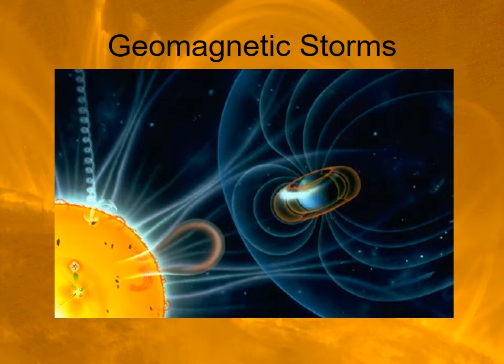The other thing that can happen is that these particles in the Van Allen belts surrounding Earth out here can overload and shove down into the atmosphere, where they slam into the atmosphere, knocking electrons off of some of the atoms that are there, which then grab electrons back and give off light. That process is the aurora. So the aurora borealis is the northern lights. That's around the North Pole. The aurora australis is the southern lights, and that's around the southern magnetic pole. And so that's also happening.